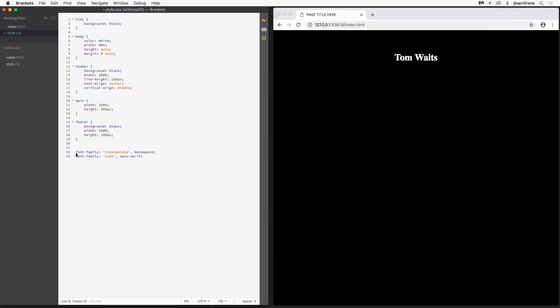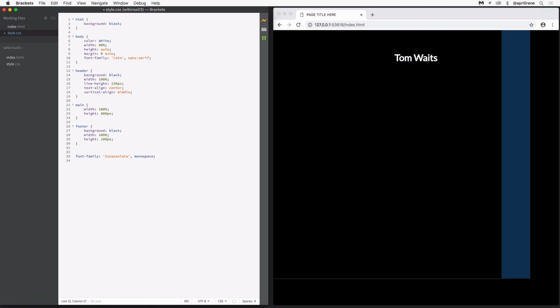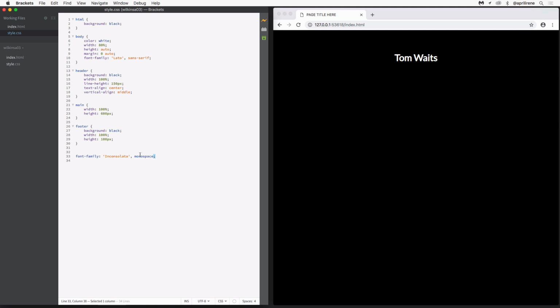Okay, so the font family, Lato, that was for my body text. So I'm going to hit Command X to both delete it and copy it, and then go back up here to the body and add it in. I can see that even though I don't want Tom Waits to take on that font family, because I gave it to the body right now, everything is inheriting that font. It's not a big deal, and that's actually what I want, because the heading font that I want to use